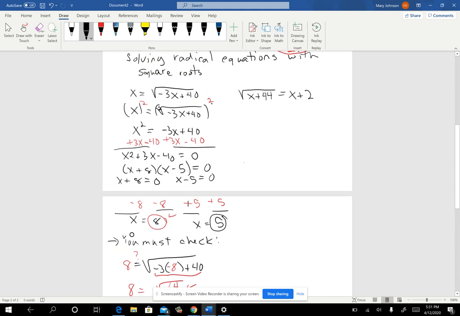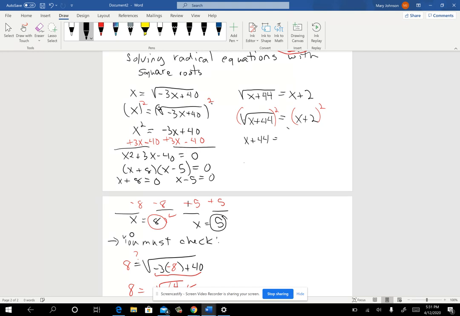Now, this one is also a radical equation, all right? And this one winds up working out in a similar way. I just wanted to remind you that if you get one like this, the radical would have to be on a side by itself. So it is. Let me do this on a new line. That means I can come in and undo the radical by squaring both sides. So I'm going to come in over here and square the left side, and over here and square the right side. Just wanted to remind you that the squaring undoes the square root, so we get the x plus 44,